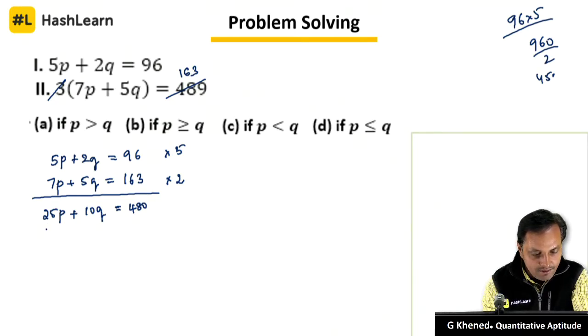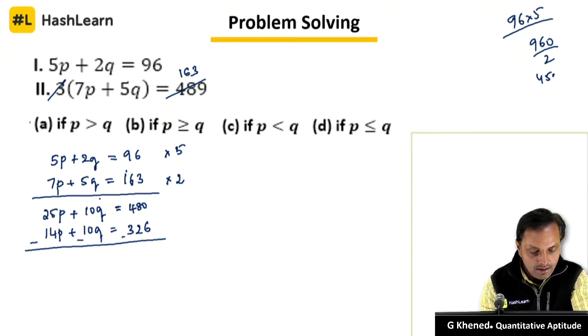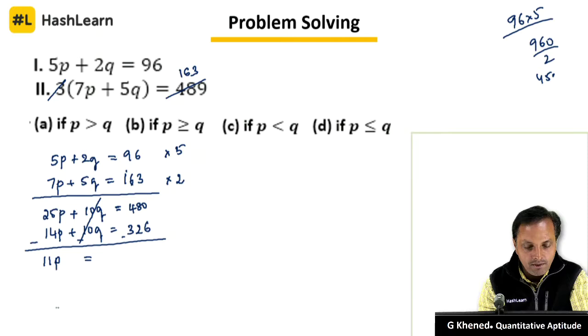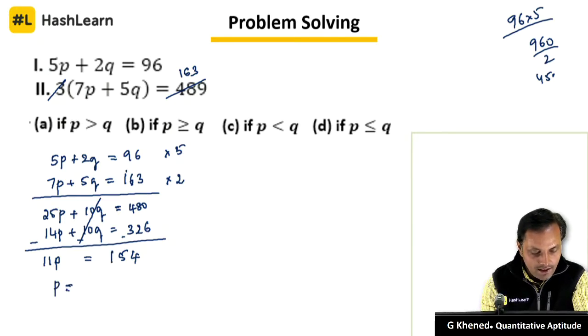When you multiply with 2, 7 2s are 14p, 5 2s are 10q, 3 2s are 6, 6 2s are 12, carry 1, 2 1s are 2, plus 1 is 3. If you change the sign, the q value will get cancelled. 25p minus 14p is 11p, that will be equal to 10 minus 6 is 4, 7 minus 2 is 5, 1. So this will go in 11, 11 ones are 11, 4 is left, 11 fours are 44, so the p value